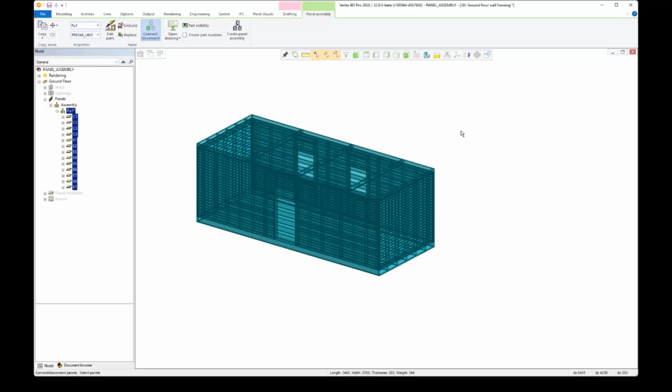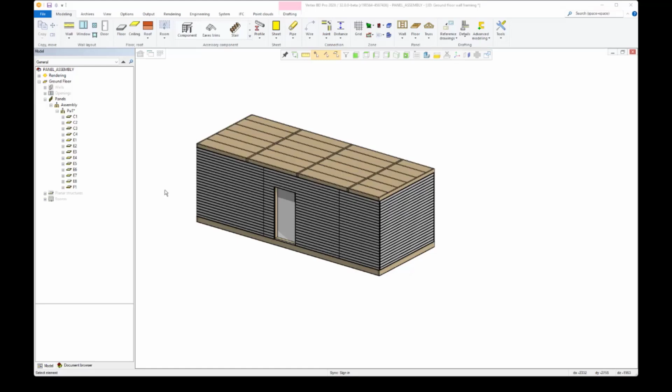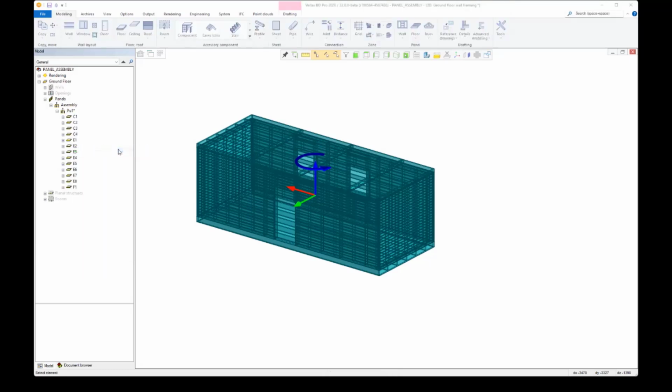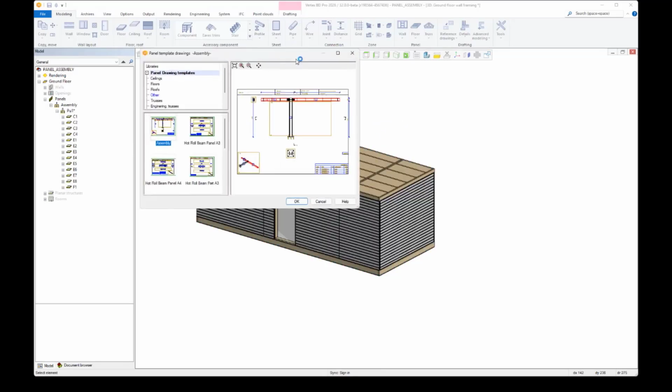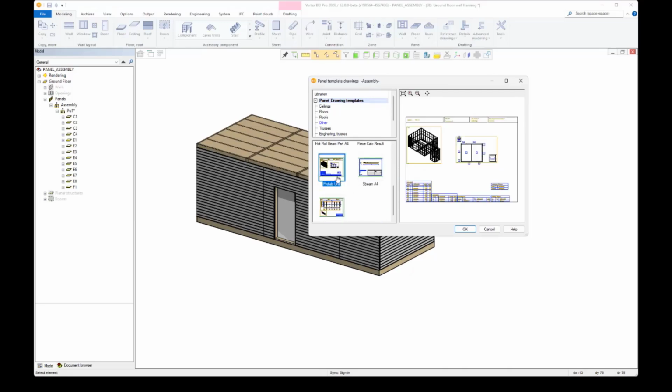After we have completed creating our assembly, we can create our panel drawings for it very easily too. We select our assembly via the model tree, right-click, and then select Create Panel Drawing. We click this, and now within the Panel Drawing Template selection window, we have a new template for assemblies. We click that too,